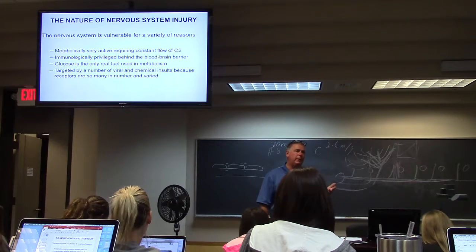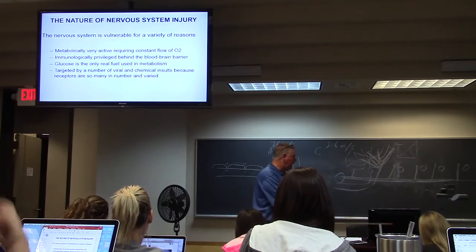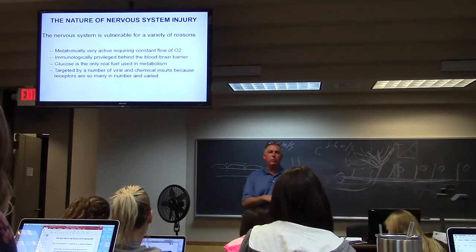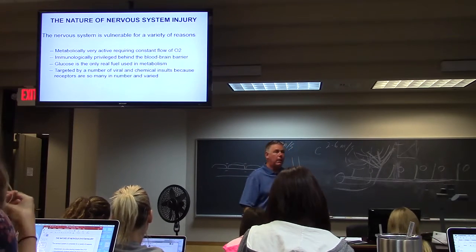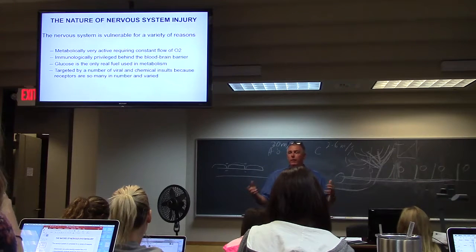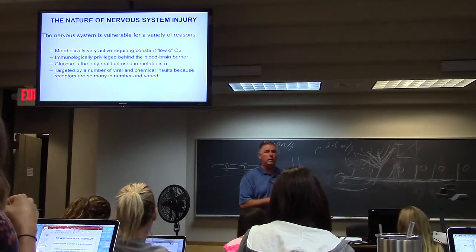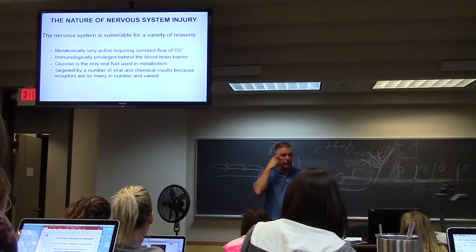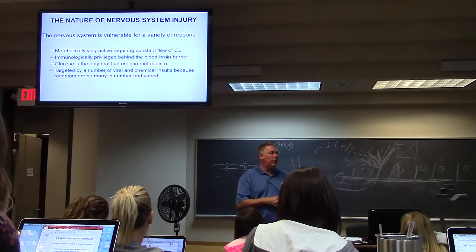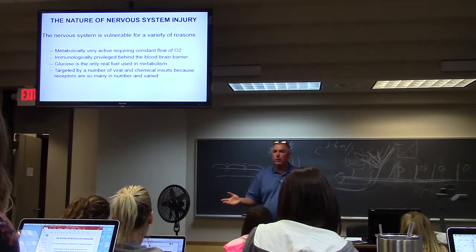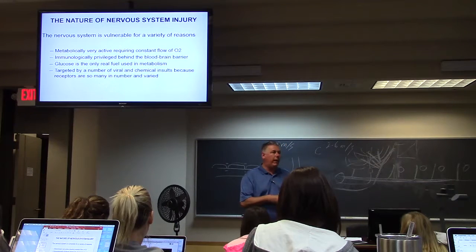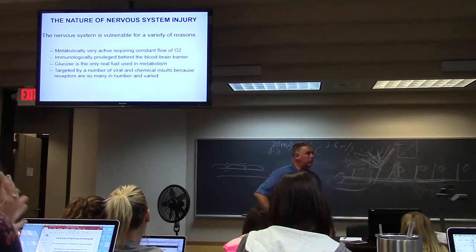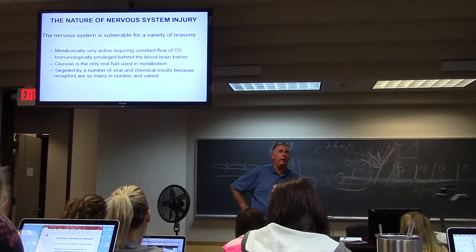One of the problems about the CNS, as you'll see later on, is that these neurons have an enormous number of receptors, not just at the synaptic clefts, but on the neurons themselves, on the dendrites. As a matter of fact, there are more estrogen receptors in your brain, specifically the hypothalamus, than anywhere else in your body. And that's pretty impressive. I'll go into that when we start talking about the neuroendocrine control of behavior next week.